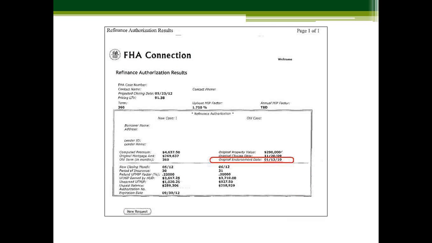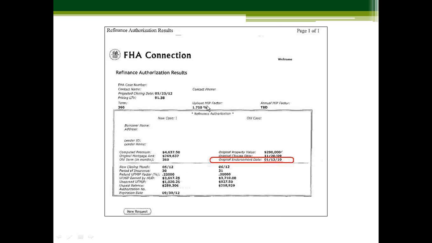You'll also need to pull the refund authorization results. This is the information you're going to need when working up your loan amount worksheet. So here's a sample of when you pull the refund authorization form. This is the information you're obviously going to pull to place on that form. You're going to need to know the property value, your unearned MIP,